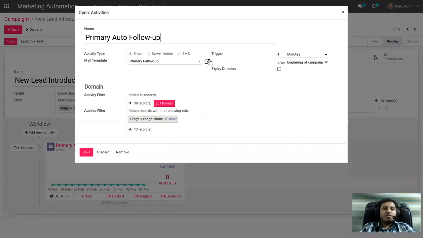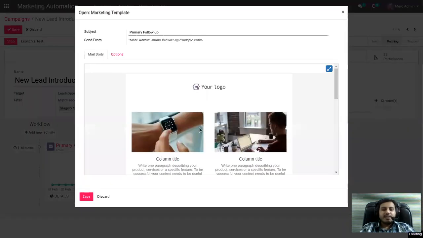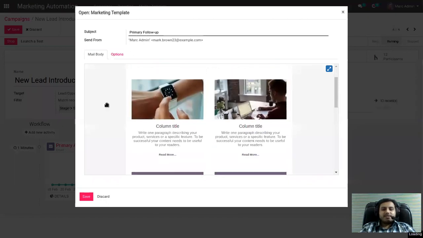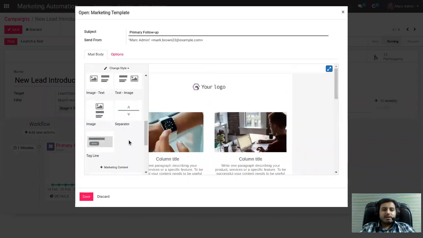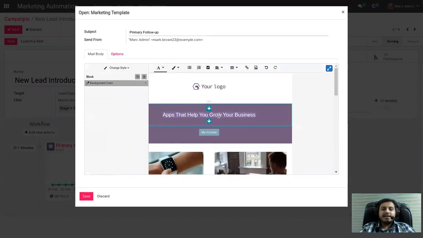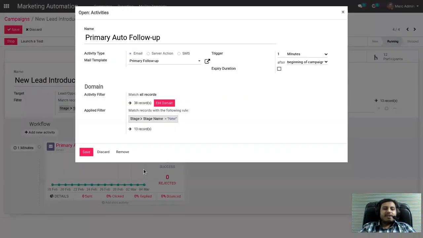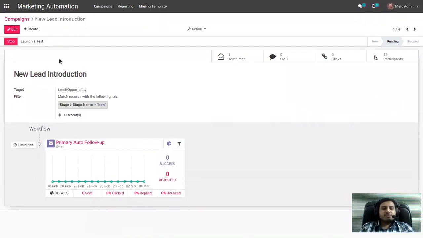You can create your own designer mail with our ready to use snippets, like this is my designer mail. I can use any of the ready to use snippets. Like we have many ready to use snippets. If you want to add some tagline like this, it will be there. You can just change the design content and it's created. So it's super easy, right? After that, you can just schedule it. Okay. So whenever any new lead is generated, it will automatically send this introduction mail like this.